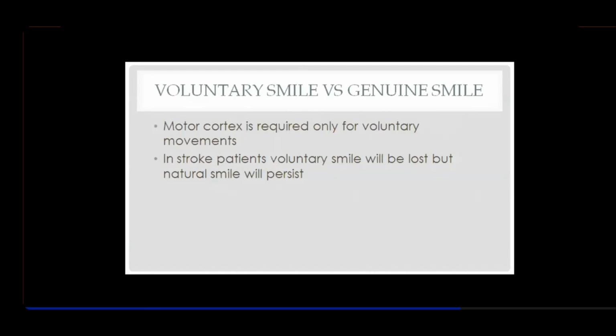But in smiling and laughing, you pull the angles laterally, right? Obliquely, laterally and upwards. And for that, mainly the muscle is zygomaticus major, but together both the muscles major and minor help you to smile. But because of Bell's paralysis, it's pulled to the opposite side, the normal side. But in a natural, genuine smile, having extrapyramidal connections, his smile will be symmetrical, and it will stay symmetrical as long as there is a genuine smile.